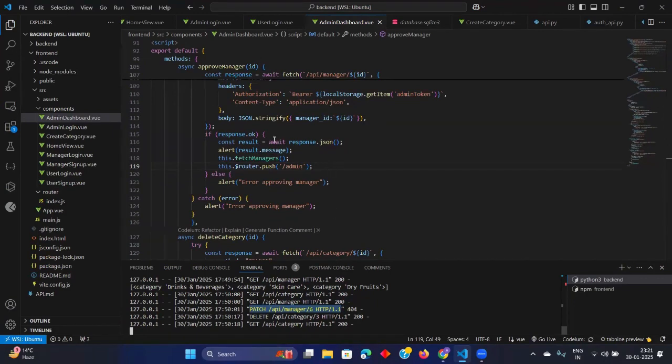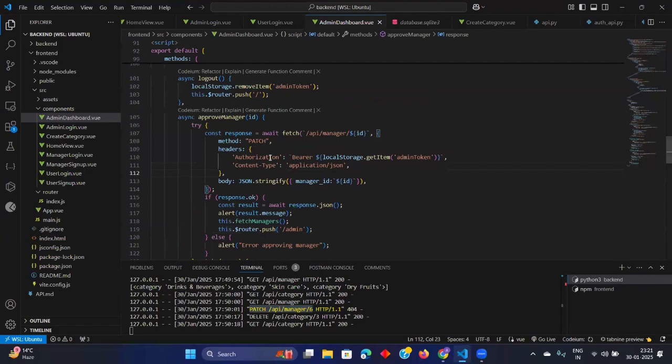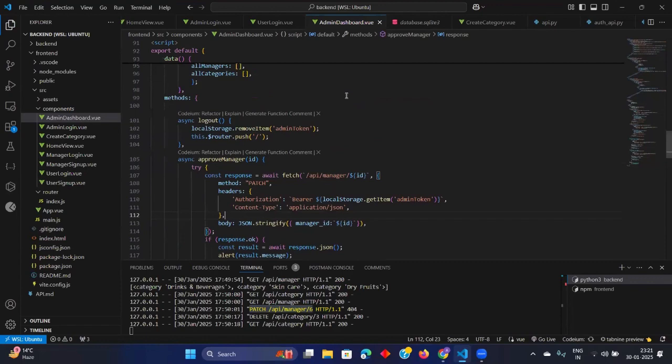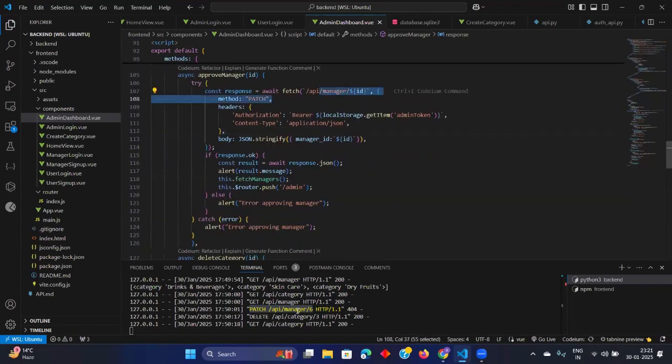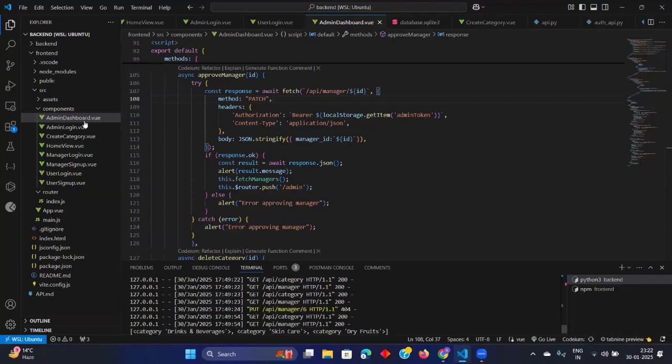That is the issue. API slash manager slash this. Get API slash manager, API slash manager slash ID. If I check that in auth API,